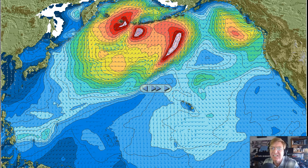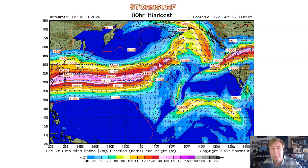All right, let's get into the details. As usual, we'll start by looking at jet stream level winds. These winds up about 30,000 feet help support the formation of gales when they do form, and help direct their track. We're looking for a trough, a dip in the jet stream, just like we have right here. And you see we have winds, about 150, 160 knots, pushing pretty solid off of southern Japan,